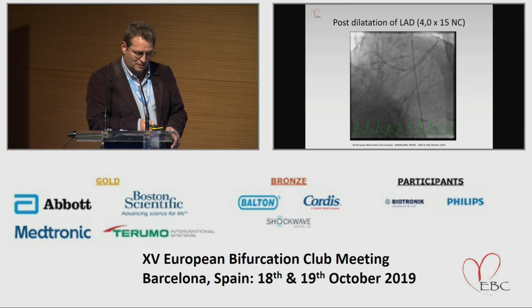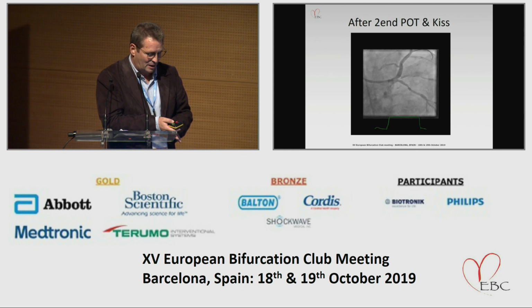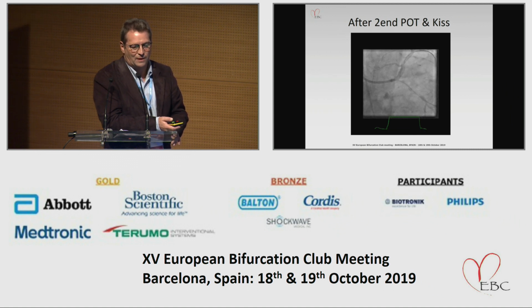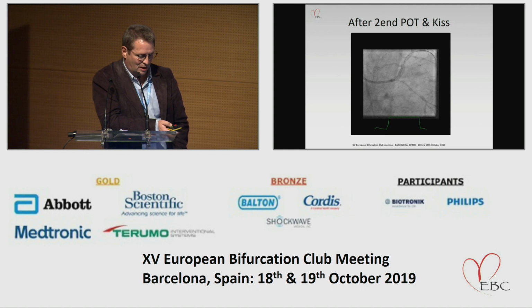Would you please click on the panel? Anyway, we did the post-dilatation, and after that we had this situation. So now it's nice in the distal part, but maybe too small according to the FINA law in the proximal part. So we found a 6.0 non-compliant balloon for the last POT, and actually we managed to dilate the proximal part of the stent to 6.4,